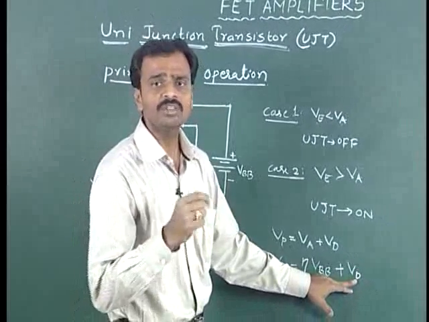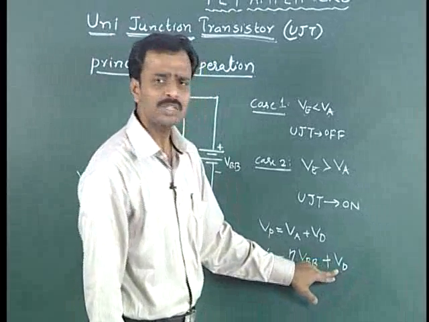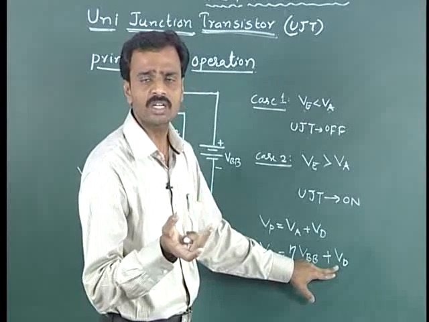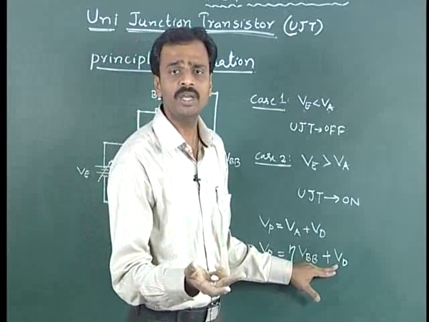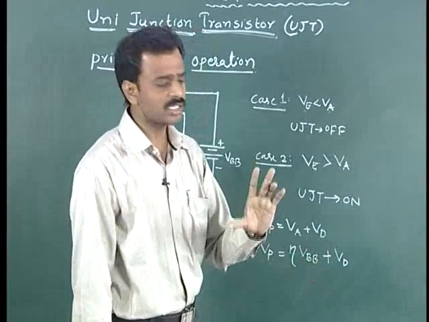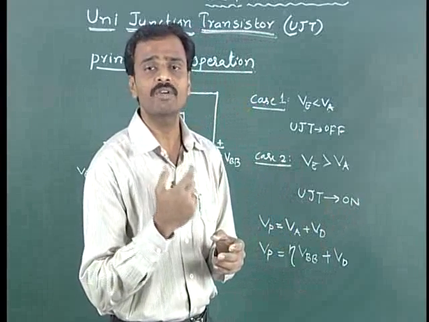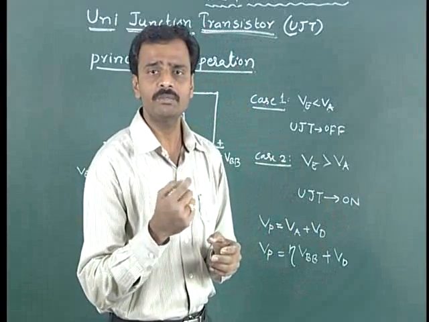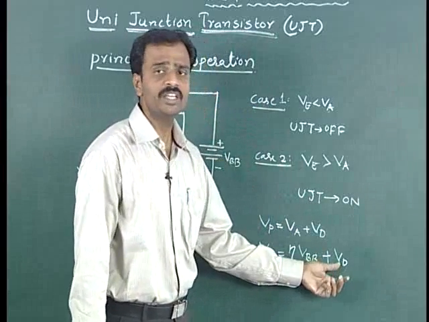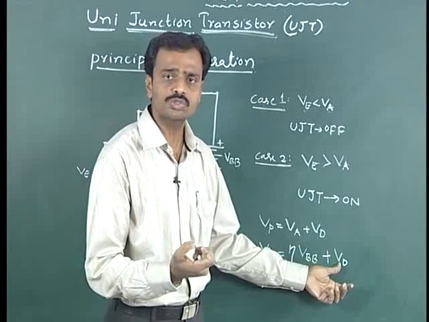It depends upon the type of semiconductor device being used. For silicon it will be different, and for germanium it will be different. They have some standard cut-in voltages. For silicon the cut-in voltage is 0.7 volts, whereas for germanium it is 0.3 volts. So this voltage drop VD across the diode varies between 0.3 volts and 0.7 volts,